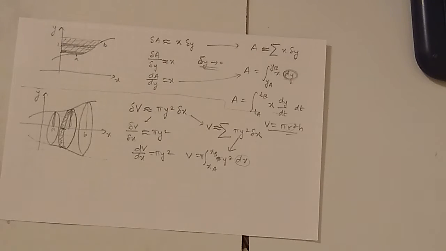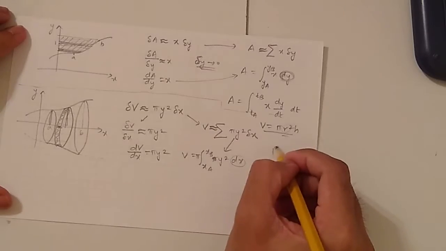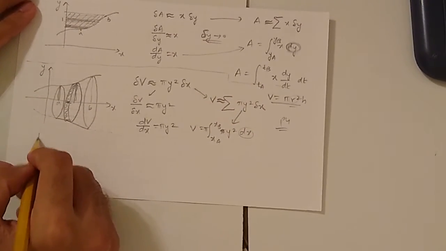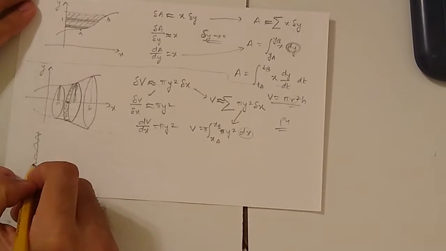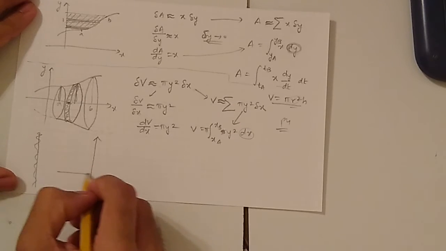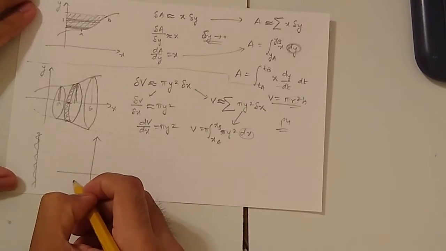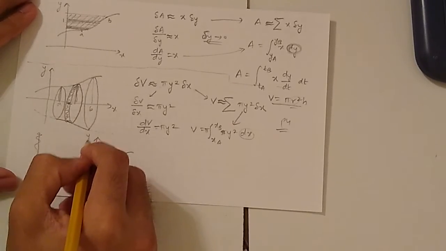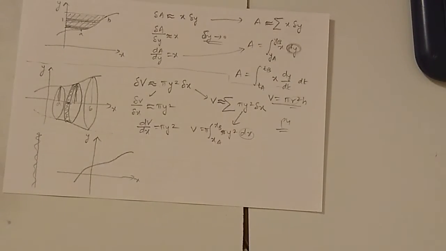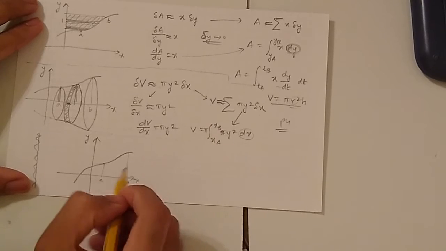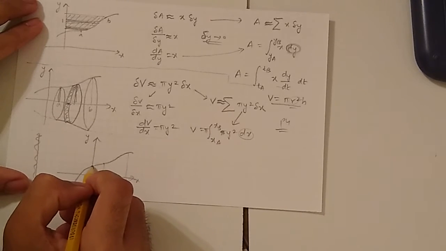This is part of our P4 syllabus, but in a similar fashion, let's say we had the same curve again, but in this case we are revolving the entire curve 360 degrees around the y-axis. So we have the same point A, the same point B, and you're revolving this around the y-axis.